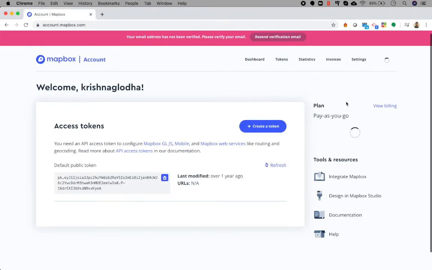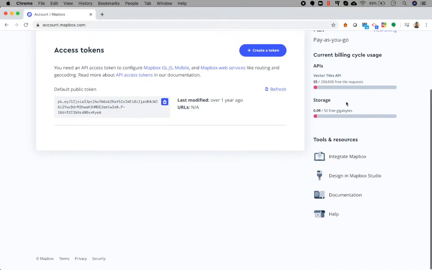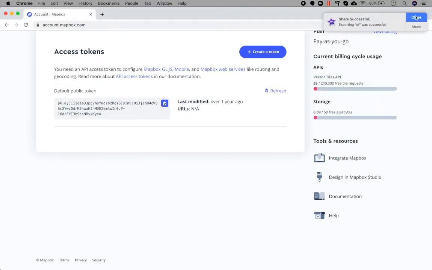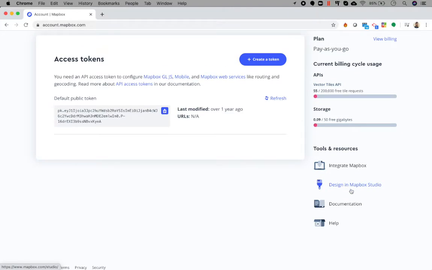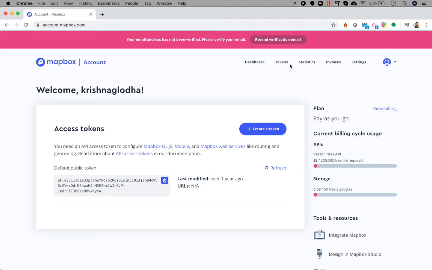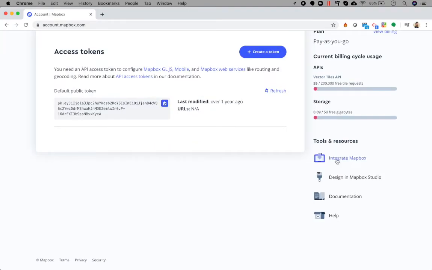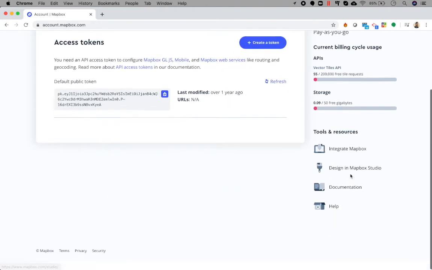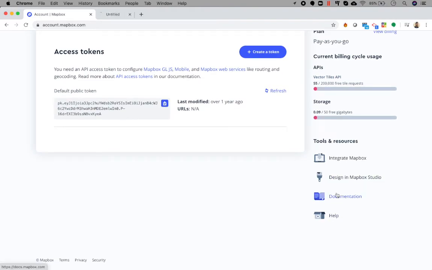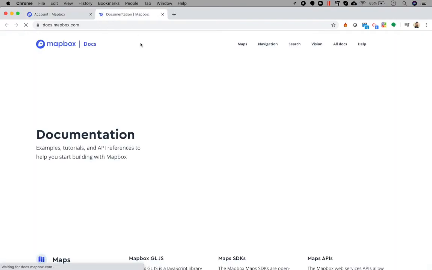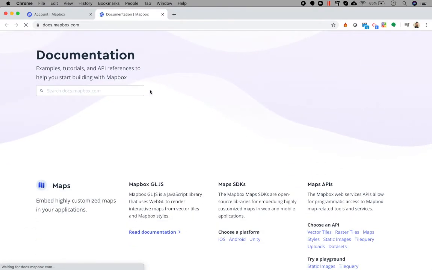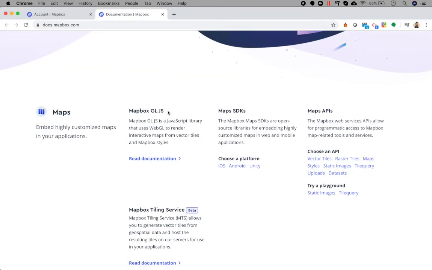After that, one of the most important things and one of the very unique things about Mapbox is their Design Studio. In the next video, we will have a complete tour of Design Studio. Apart from this, they also provide great documentation which will help you to understand the code and implement different things which are available in your application.